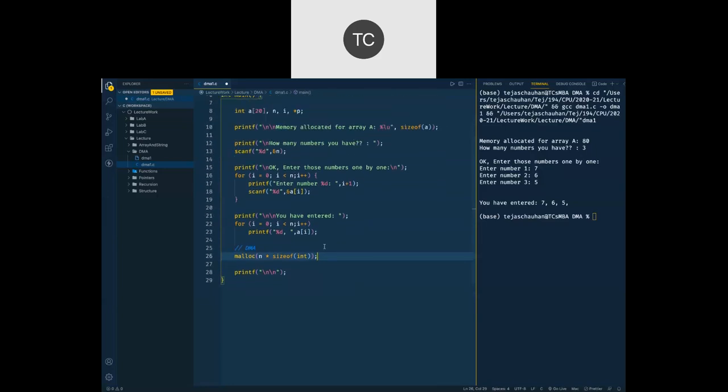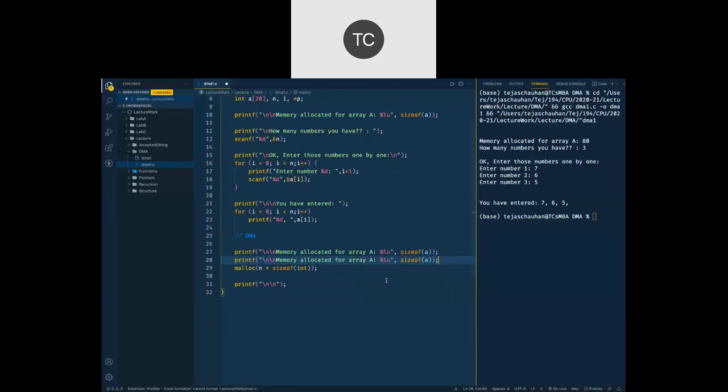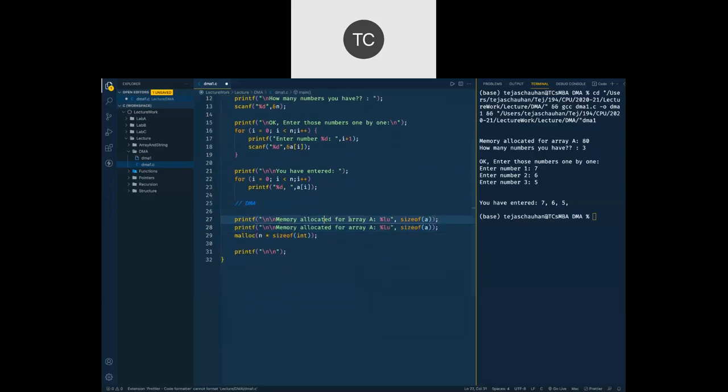Just before we allocate this memory, let us print what this number actually is. I'm going to have some printf statements here: memory allocated for pointer p, and I'm going to say sizeof p, and then memory allocated for data using malloc, and that is going to be n multiplied by sizeof integer.